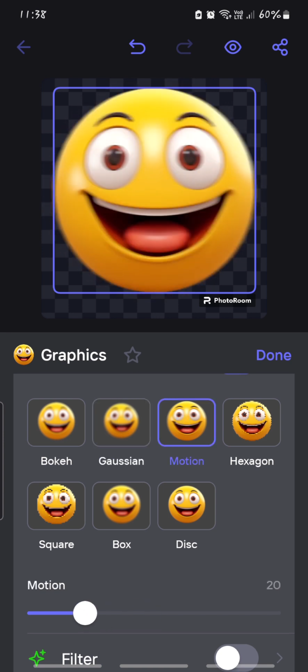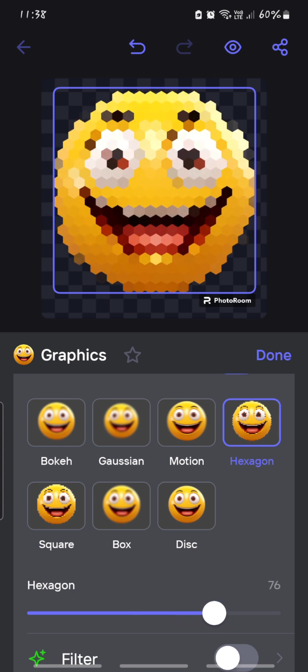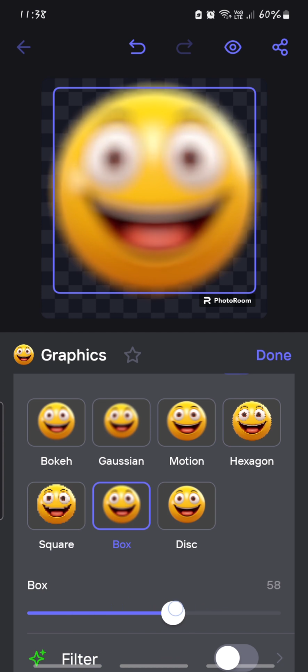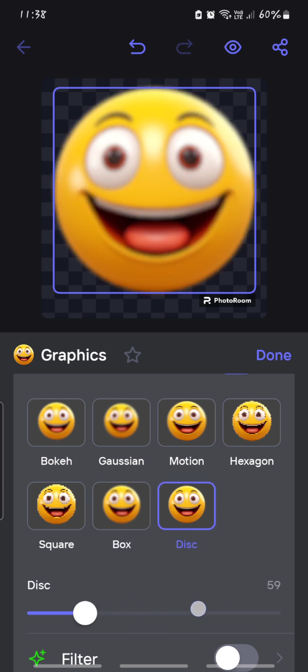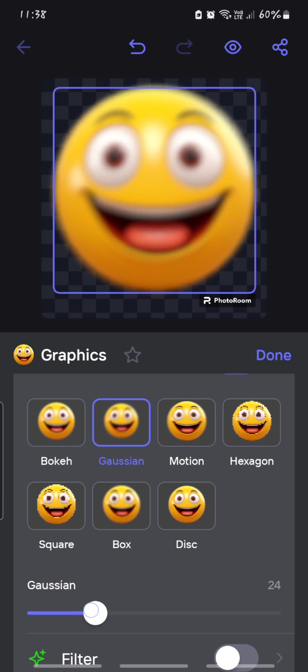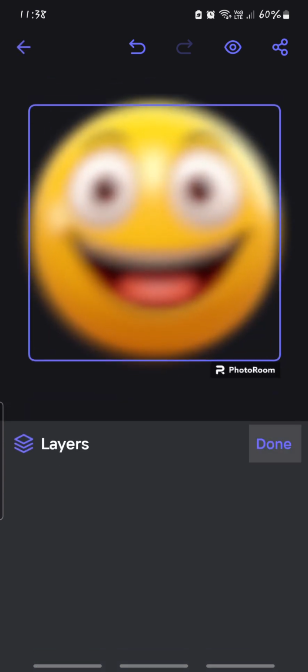You can click on another one. This one is motion. You can increase it. If you click on hexagon, you see that the effect is different. Then you can increase it also. You can click on square, you can click on box, you can click on this, however you want it, anyone you want at all. So when you increase it like this, let's say this is how we want it to be, then you click on done,